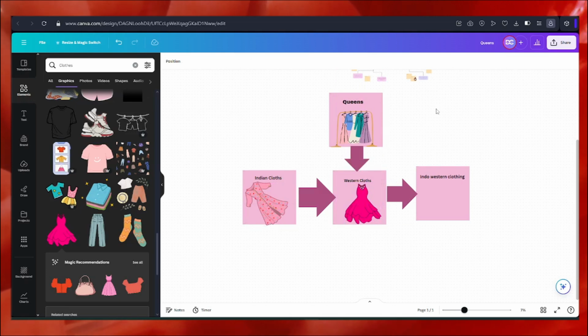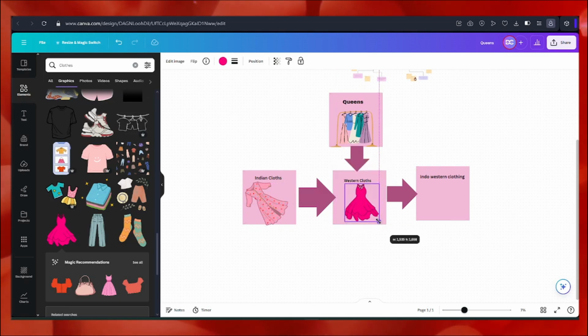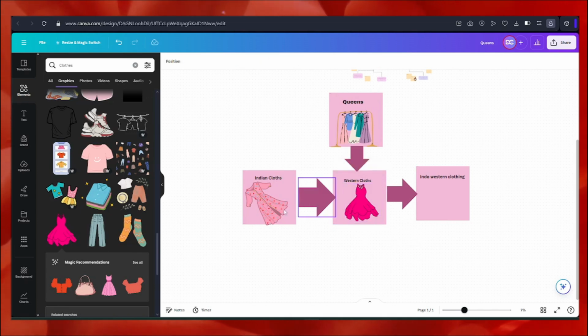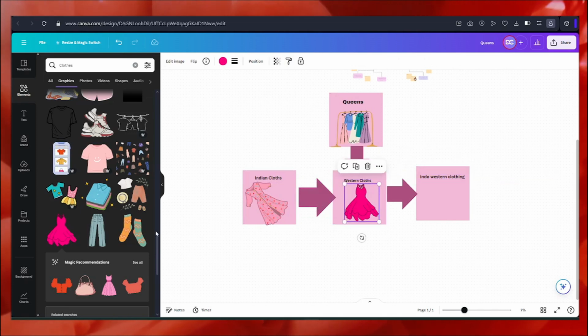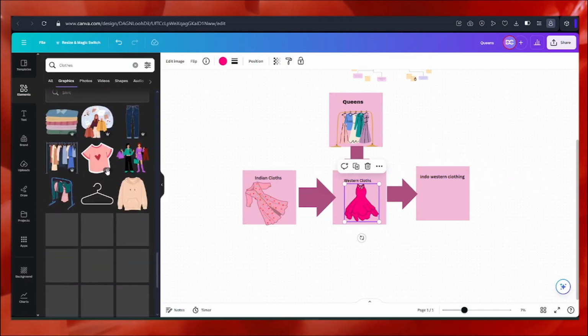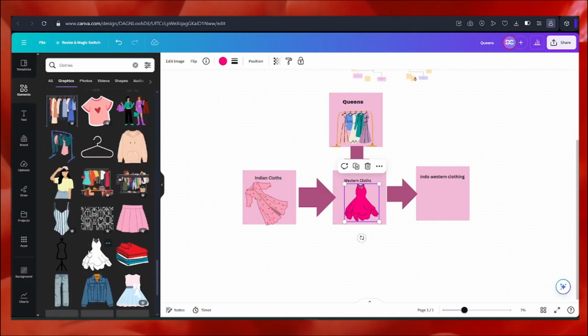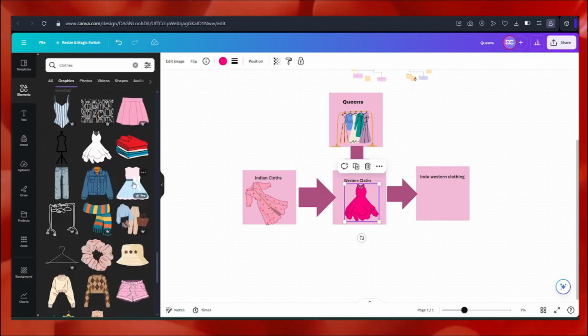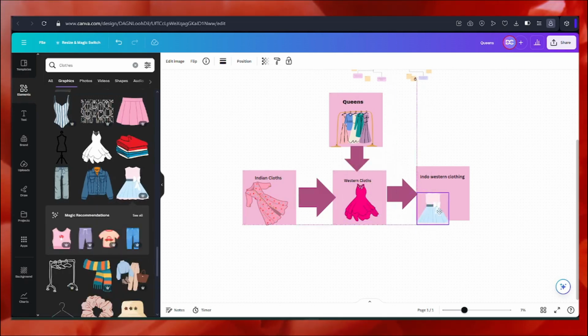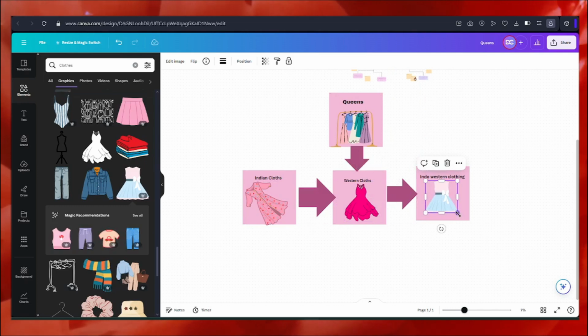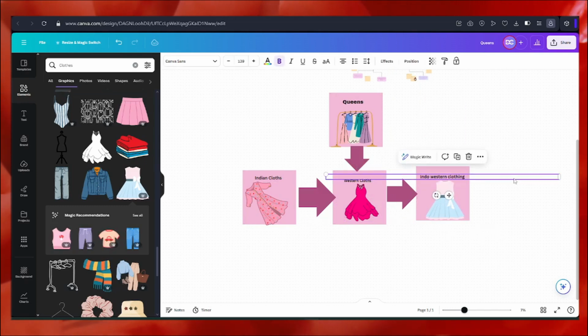So the flowchart is very nicely showing what all Queen's brand has: the Indian clothes, Western clothes, and Indo-Western clothing. Indo-Western clothing can be, for example, I'm just taking this frock for night right now. I'm not going into the depth of it, just to tell you how I'm designing it.